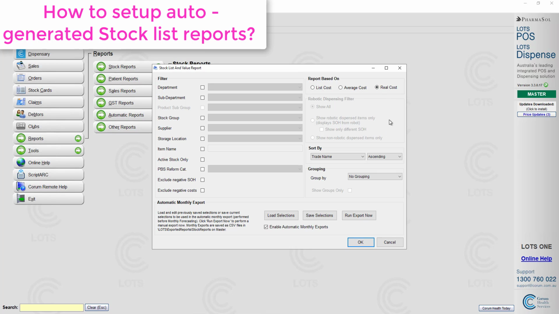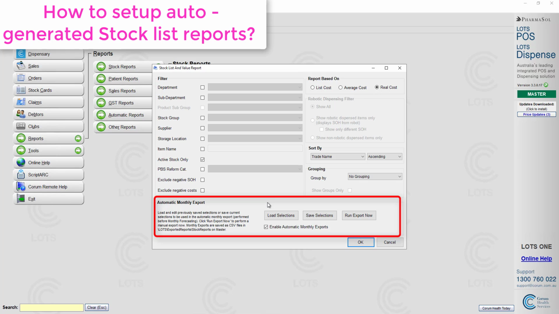Always recommend real cost and active stock as some basic options. Down the bottom, you can then select Save your selections once you're happy and ensure Enable Automatic Monthly Exports is ticked. This will then export the report each and every month to the Exported Reports folder on your LOTS master